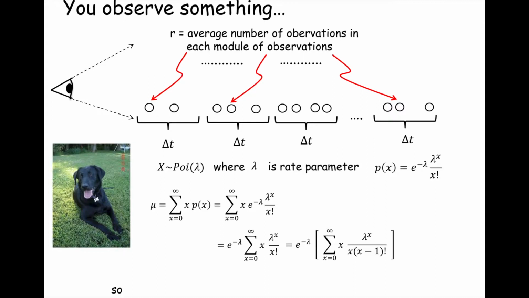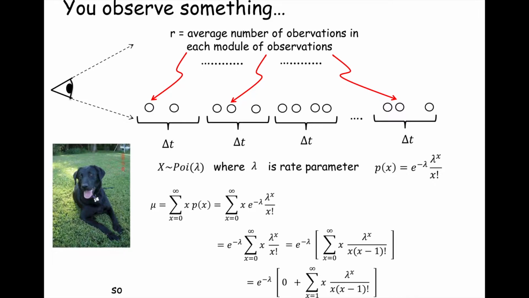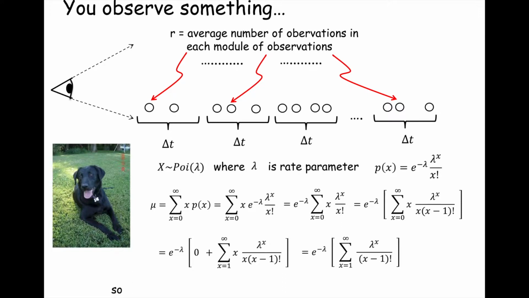So let me erase that. So I have this expression, and so I can peel off that x equals 0 term from the summation, and that allows me to rewrite the rest of the sum, taking my index from x equals 1 to infinity instead of x equals 0 to infinity. Okay, so now I take that expression, x equals 1 to infinity, and I'll just get rid of that 0 term just because it's hanging around. I do that for pedantic reasons, just so you'll see what I did. I always used to hate as an undergrad, why didn't they show the step? So I like to show the step. And this is what I'm left with.